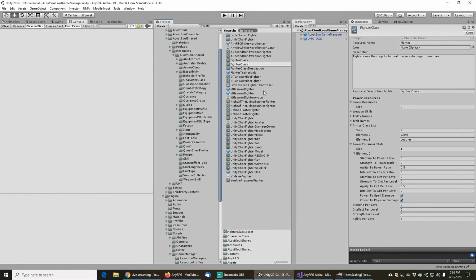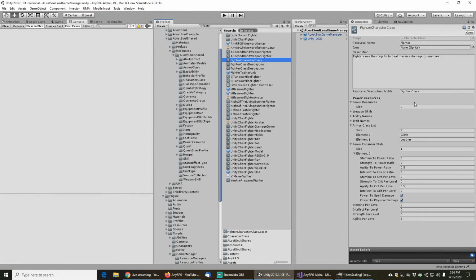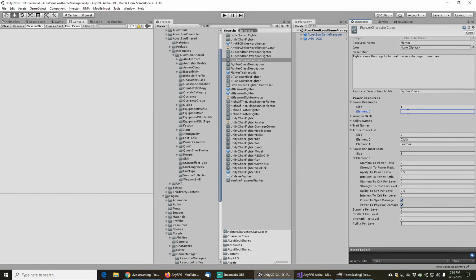So fighter class description, this is the fighter character class. So our fighter character class will have available energy as a resource, and then